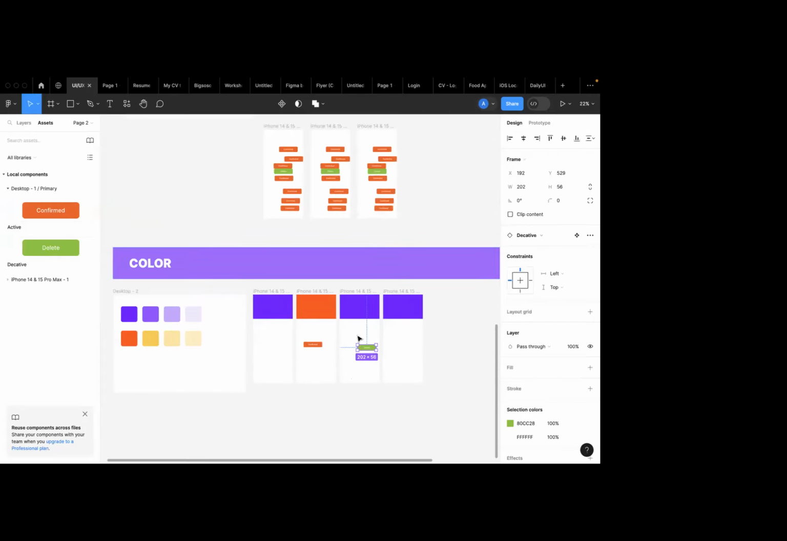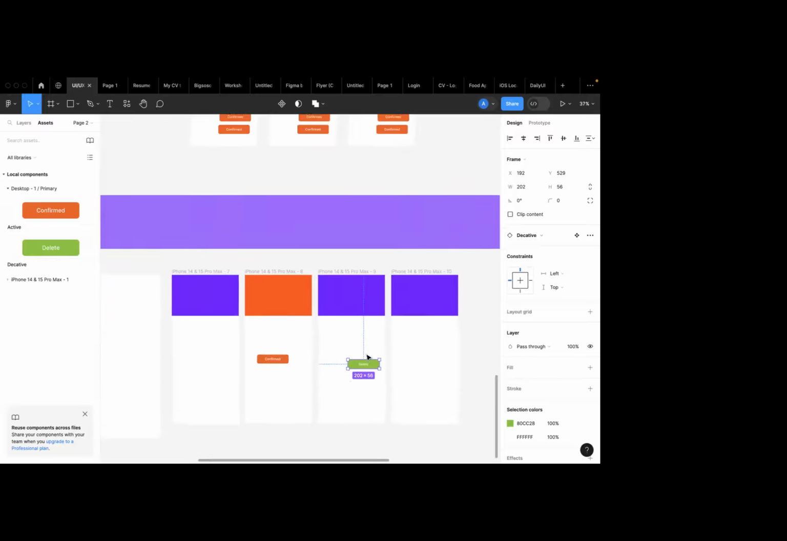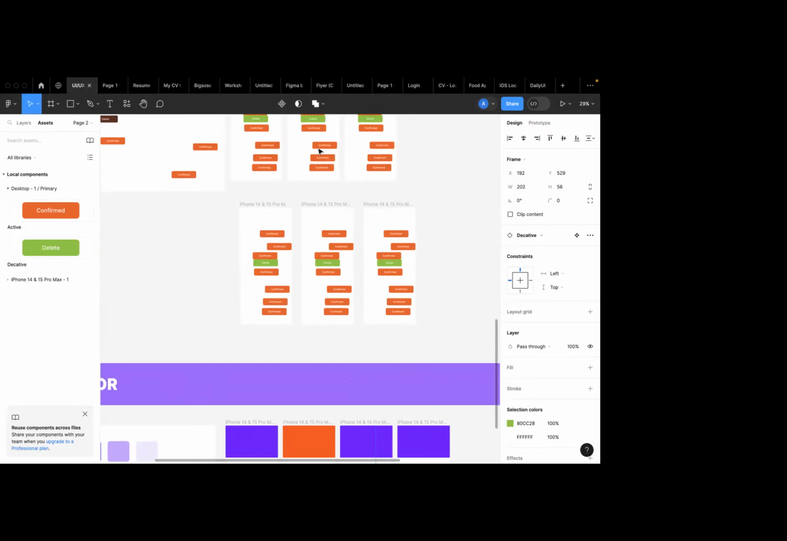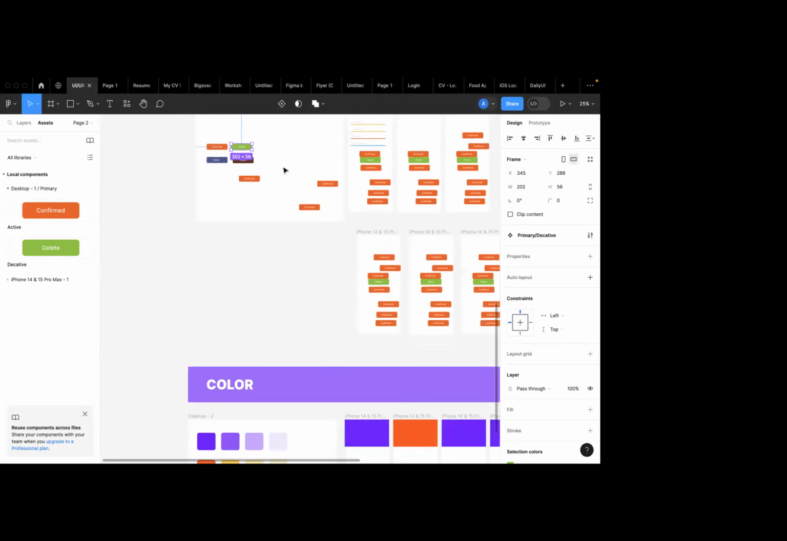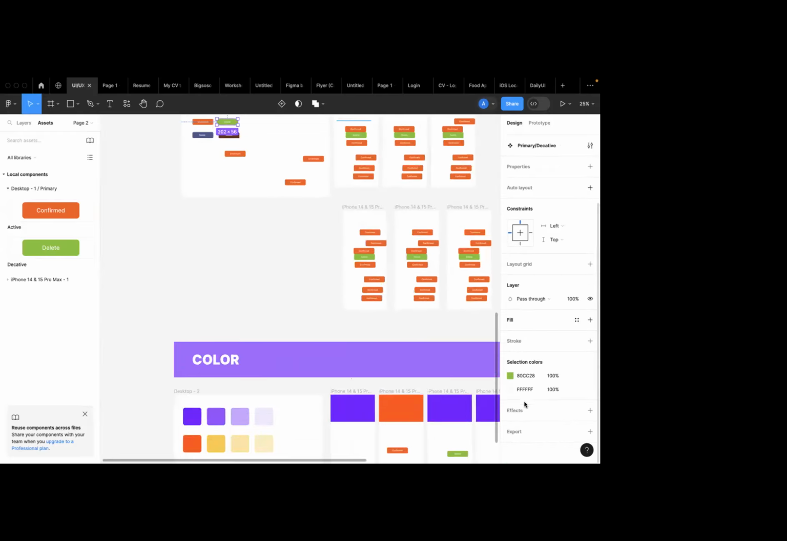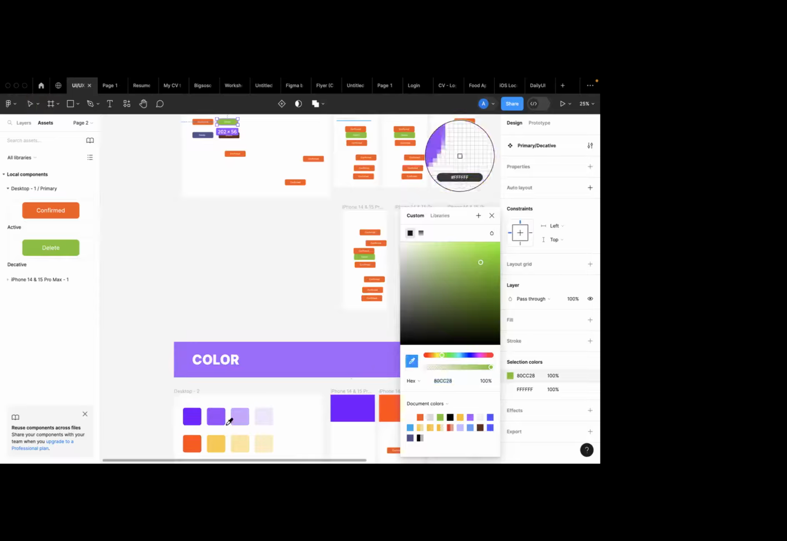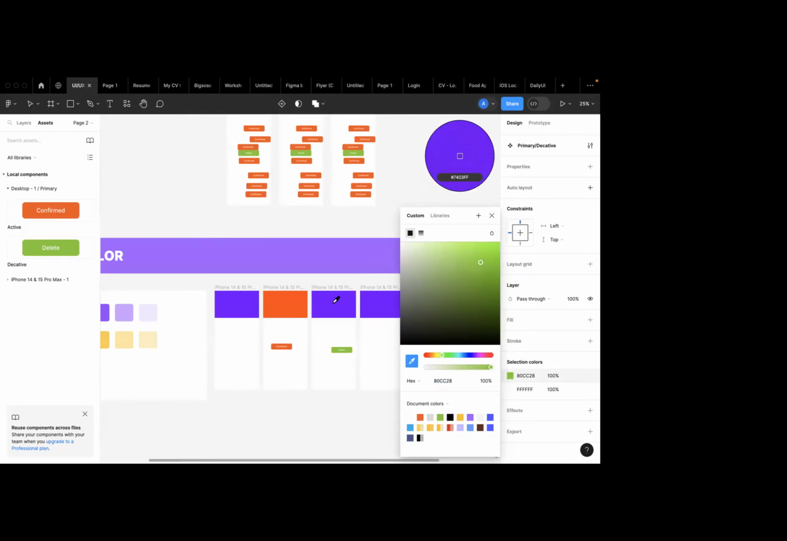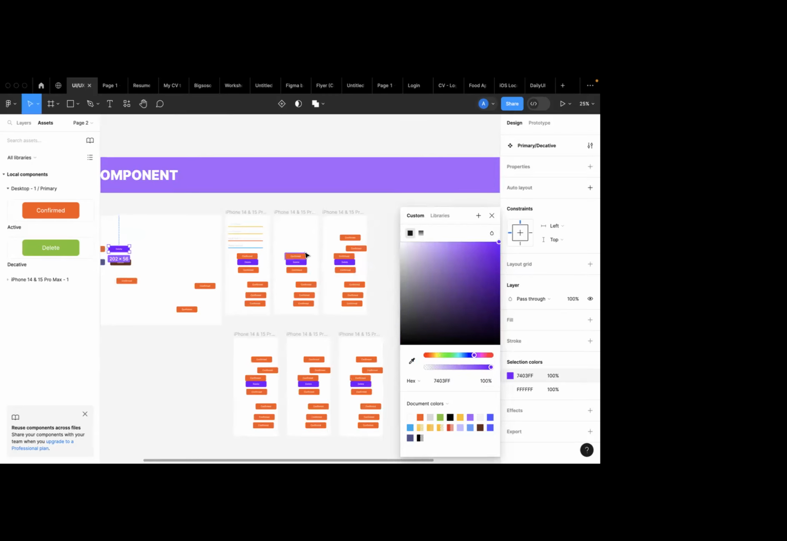So this is my, I did this one green the last time. So let me come to my primary here. I've come to my primary and I will just change the selection color. Let's say, okay, I'm using this color. I'll just pick this color. As you can see,